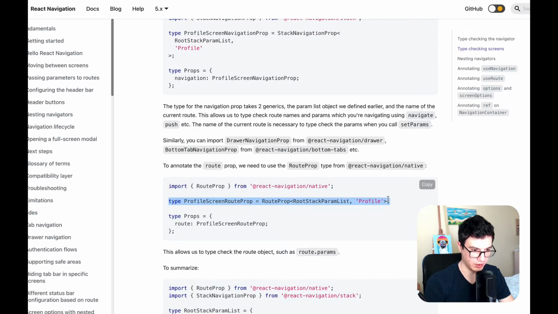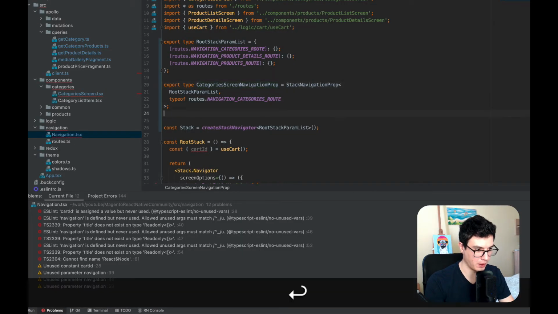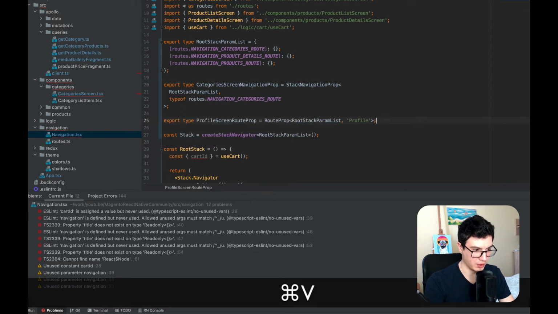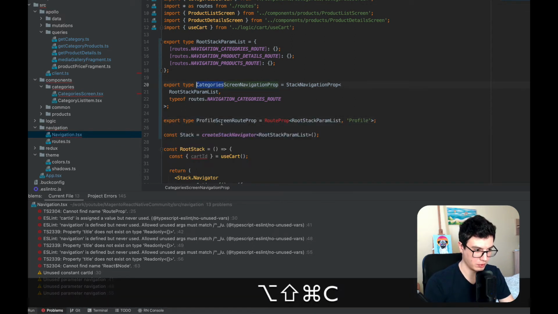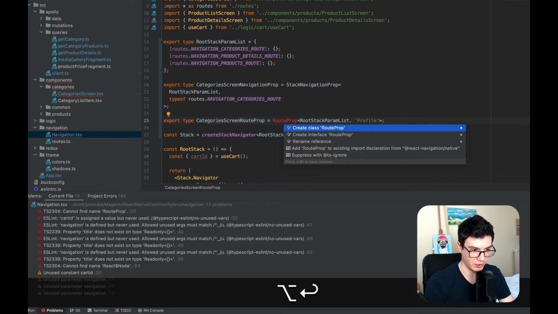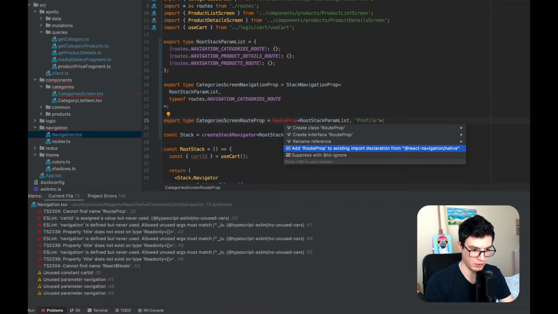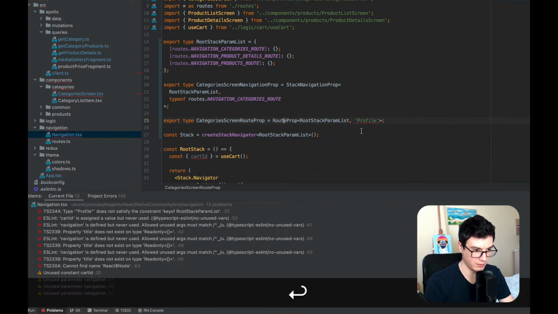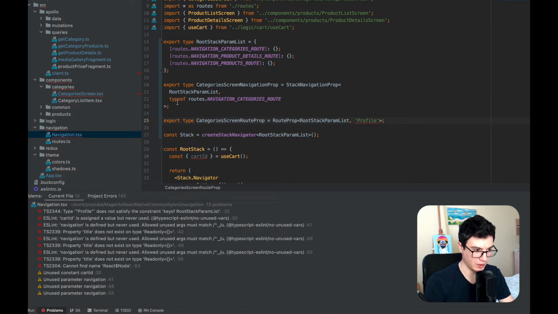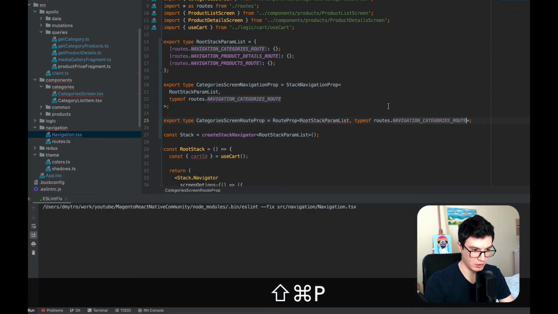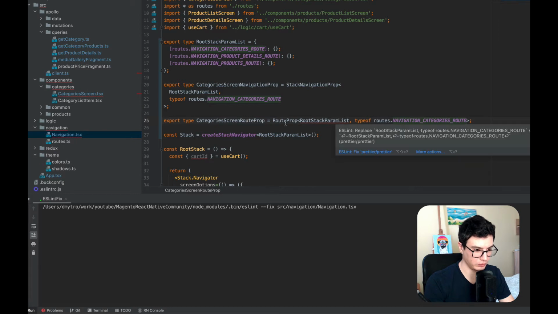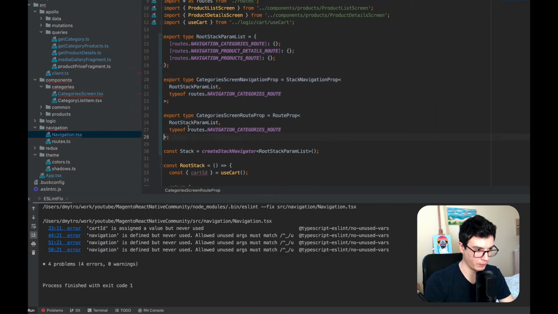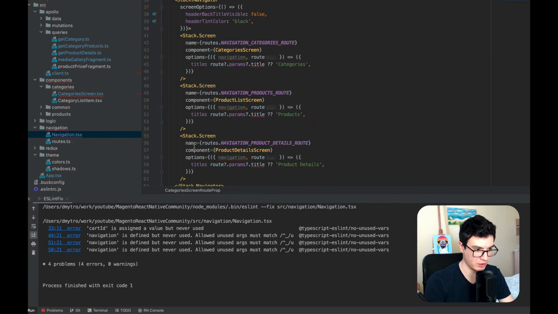So basically the same: export type category screen route prop, add import from React Navigation Native, and the type should be like this. Fix this prettier,